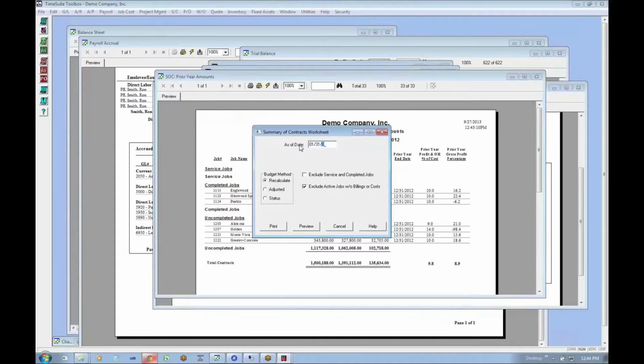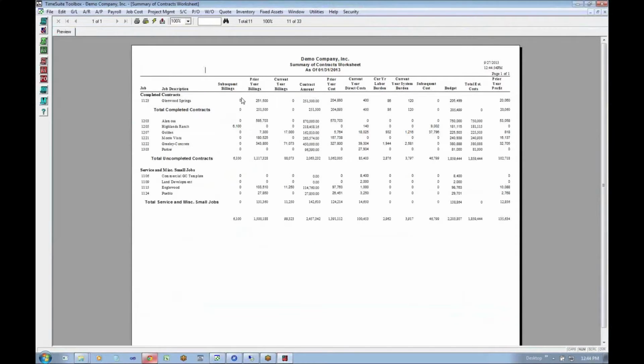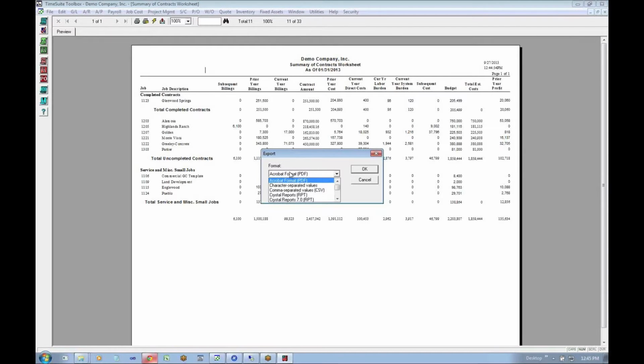Also, for the auditors, I'll just do 131 since that's what the demo data is geared for. In the audit process or review process, they're required to do certain analytical review steps, and one of the steps would be to analyze the jobs for subsequent billings and subsequent costs. So here, this gives you the subsequent billings, prior year costs, and your burden columns, so that they can do more of their analytical procedures. So if I export this to Excel,